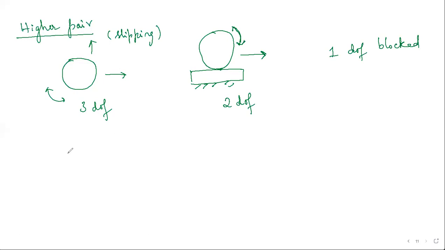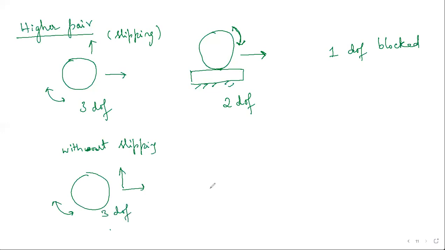And here you see that now without slipping, it means it has very good grooves. Our tires have very good grooves. So it is without slipping. So without slipping also, see first case, all 3 degrees of freedom are possible in a plane without any fixing. So 3 degrees of freedom. And once you give a platform on which it can roll, it means you are connecting it here, pure rolling. So put a circle, a proper one.